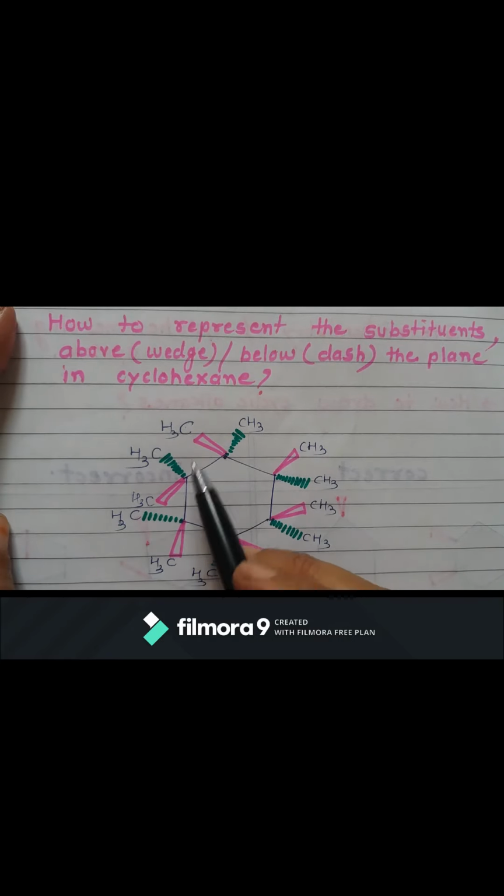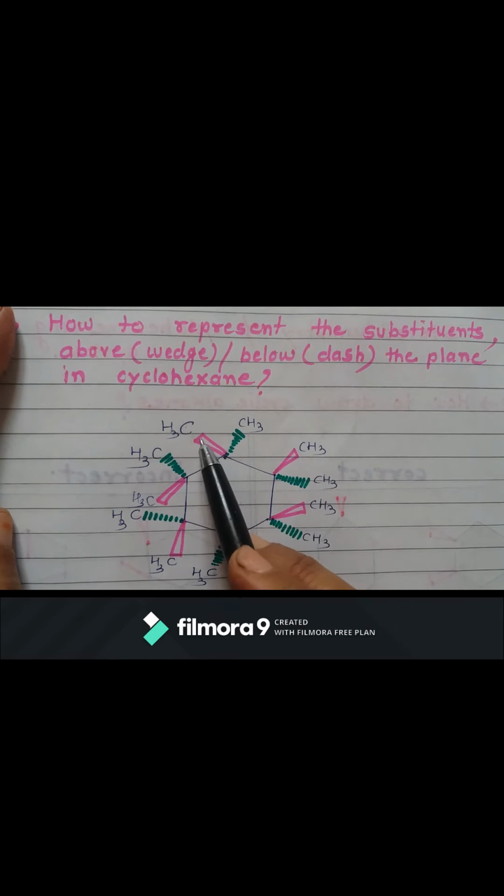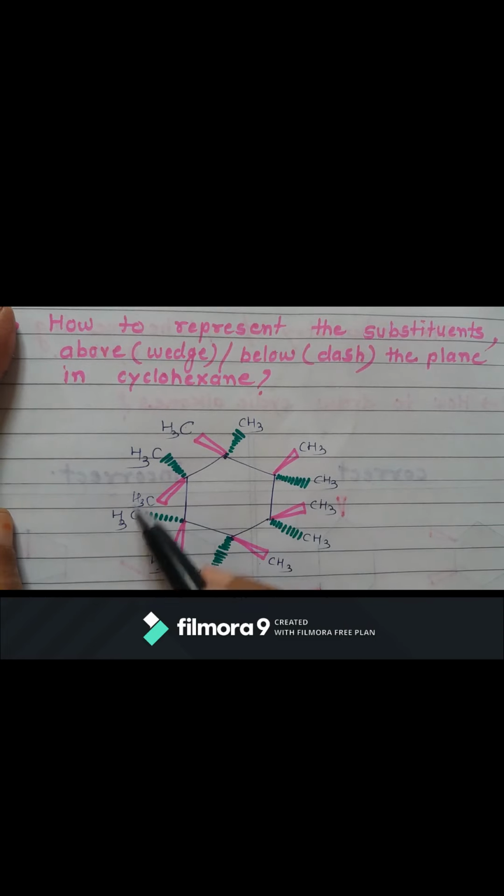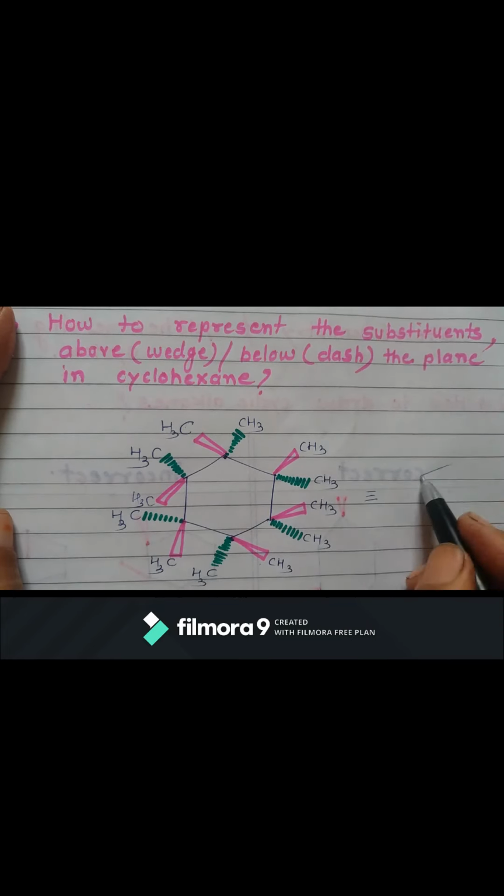Okay, now we will see the stereochemistry in case of cyclohexane system. As you know how to draw the stereochemistry of cyclohexane, here I have written one structure of cyclohexane. I am representing 6 methyl groups above the plane, 1 2 3 4 5 6, these wedge bonds are above the plane, and 6 methyl substituents are below the plane. I have represented them with the green dotted lines, those methyl groups are below the plane. Or simply you can draw the structure like this: methyl, methyl.